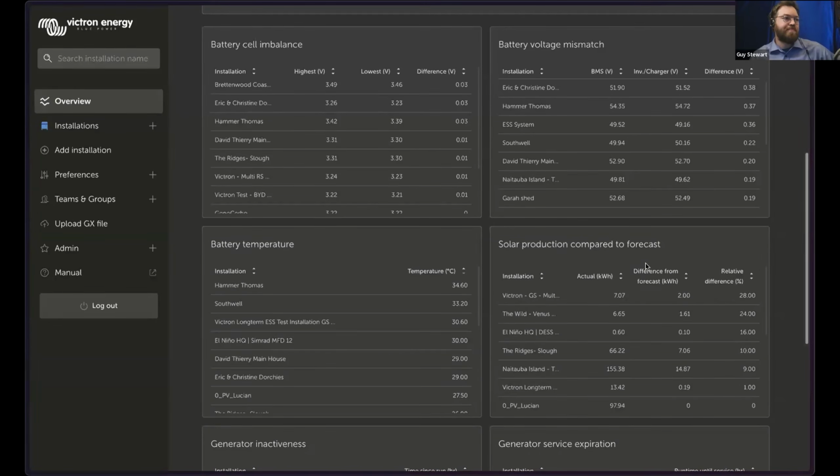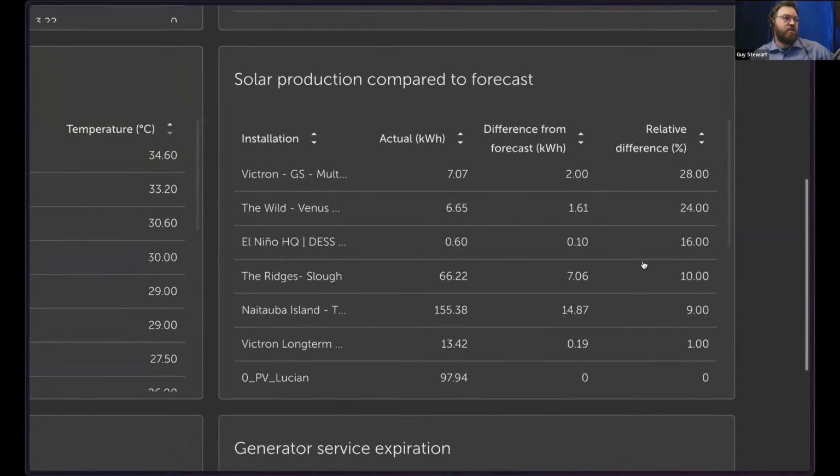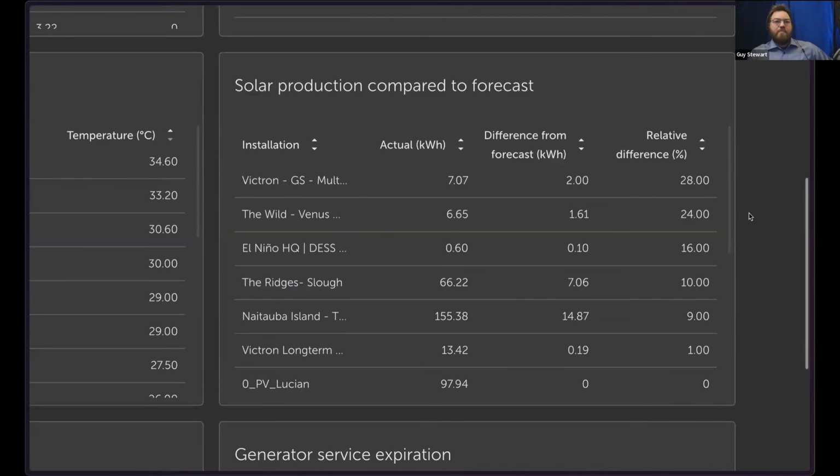So good to know. Another box here we have is solar production compared to forecast. This was our best first attempt at trying to solve the problem of what happens if a string fails in a multi-string system on Victron. That could be quite an obscure, hard to identify issue because the system's still producing power, it's still making PV, but the PV's dropped. What this does is use one of our other tools, the forecasting model, which assesses how much PV should be on this site based on previous performance and how much is there now. Now, this one is not directly a fault because there are lots of reasons this could happen. It's just a bit of information, and it's definitely something we're going to tune over time.